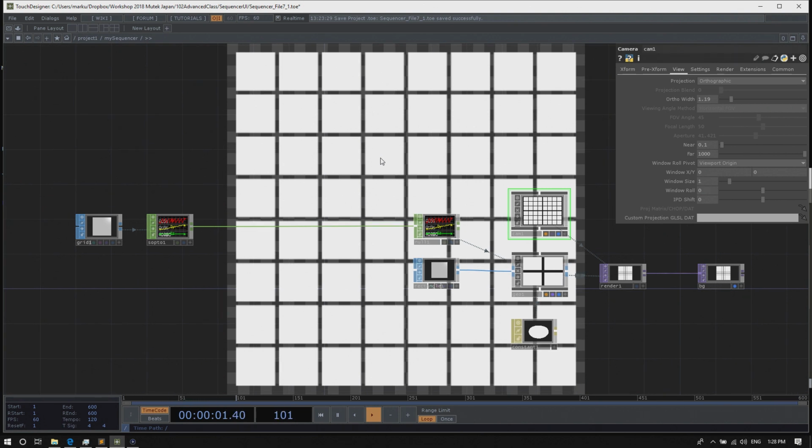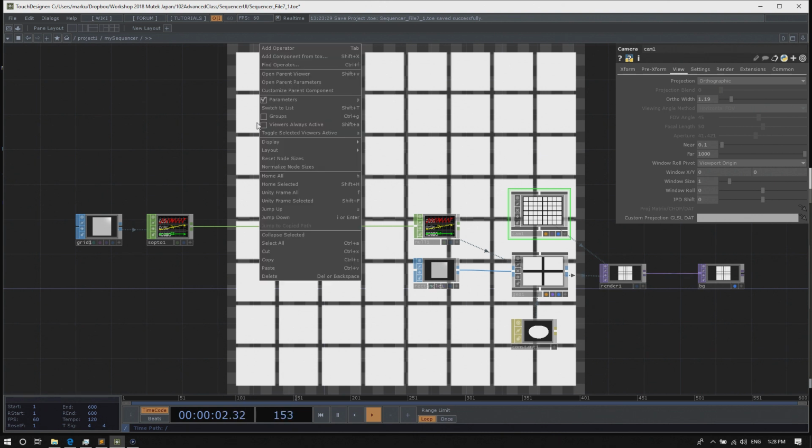And now let's connect a couple of external parameters where we can control how many layers we have in the sequencer, how many bars and how many steps. We'll create parameters to define the number of sequencer steps and layers. To create those custom parameters, right-click somewhere in the pane and choose Customize Parent Component.